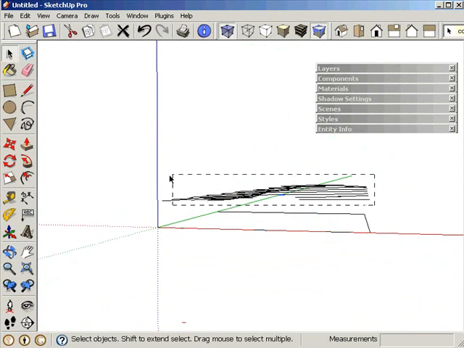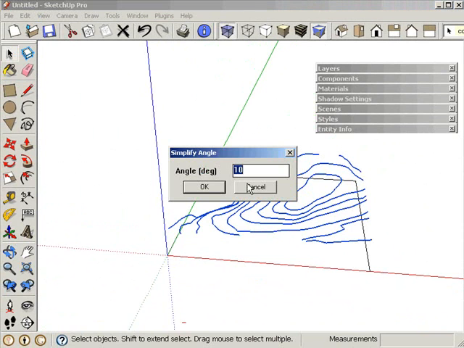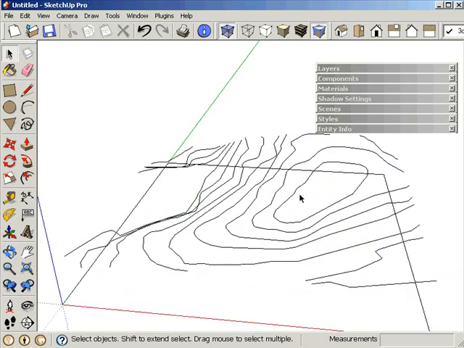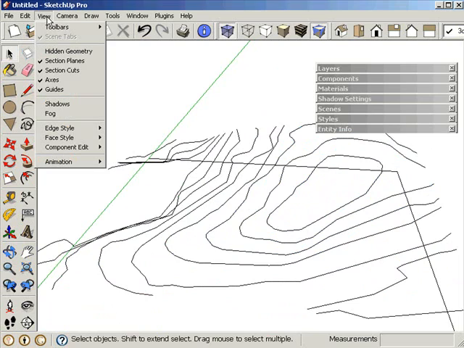So I select the whole contour lines and I go to the plugin menu and I say simplify contour, and I get this dialog box with this value. You just don't bother about it and say okay, and we try to test to see if, yes, the lines are connected. So this is the idea of using this simplify contour tool. The next step would be